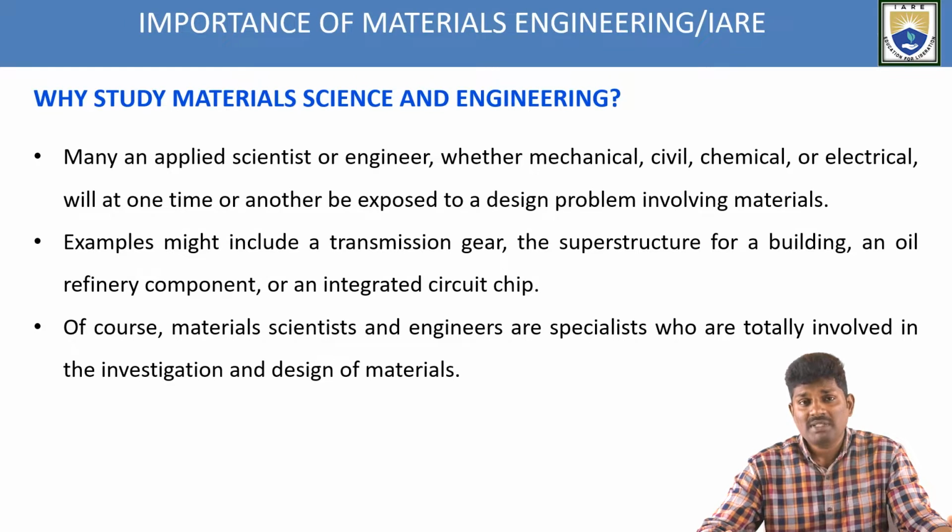And again, the superstructure of a building. You have a lot of huge structures. If you see outside, you have a lot of structures, and all these structures have to withstand different climatic conditions. Since the building is exposed to different climatic conditions, the selection of material is very, very important. You have to resist corrosion. So how are we resisting corrosion? Since the building is exposed to different environmental conditions, there again the selection of material is very important. If you select the exact material, and the composition of the material is perfect, then the building can withstand any type of climatic conditions.